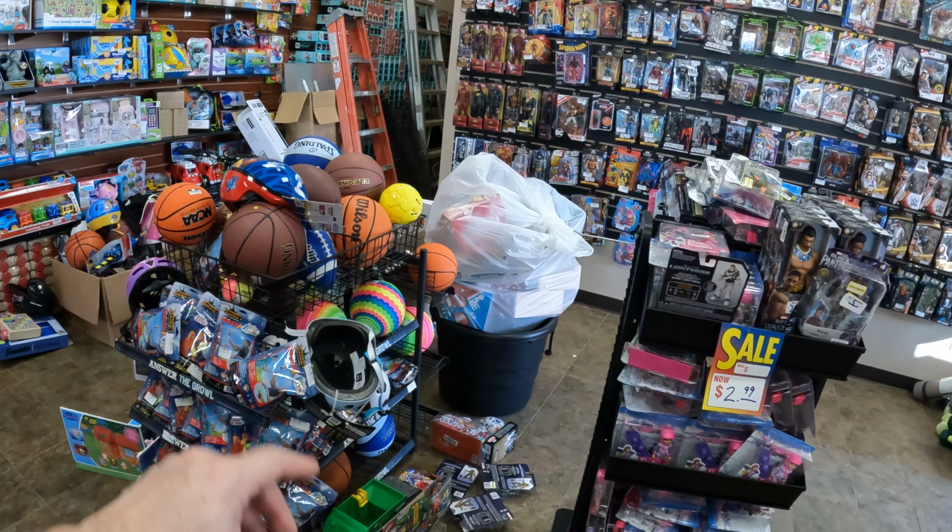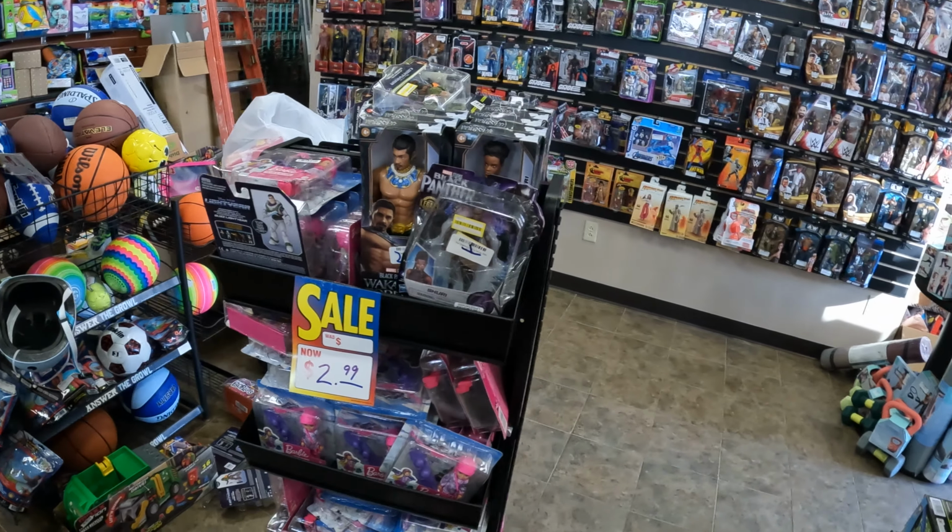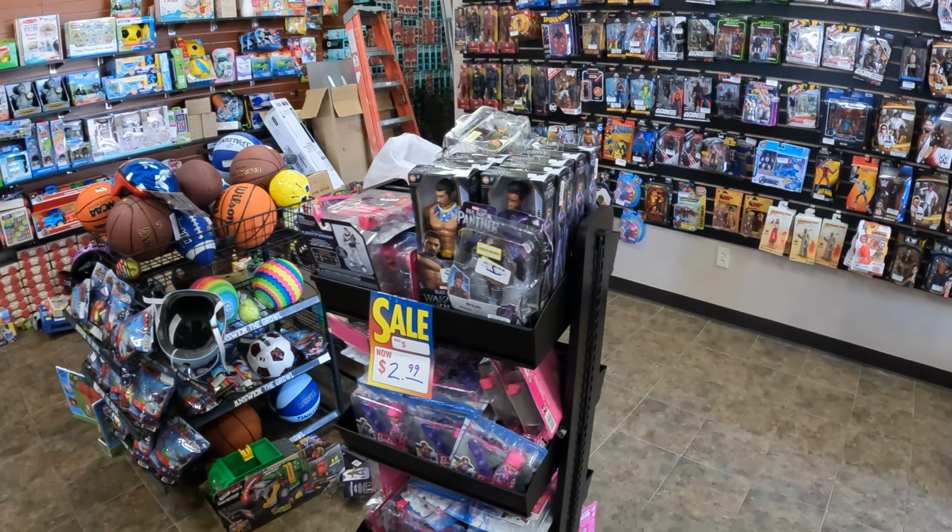I need to take a couple things to the garbage. I moved this $2.99 little clearance bin deal back. This is gonna get repurposed. I want to use this for all my mini balls and things like that. Speaking of clearance stuff, I've got a lot of older stuff in here that needs to go. So this weekend, I'm going to be doing a clean the house type deal. Gonna have a lot of stuff for $2.99, a lot of stuff for $4.99